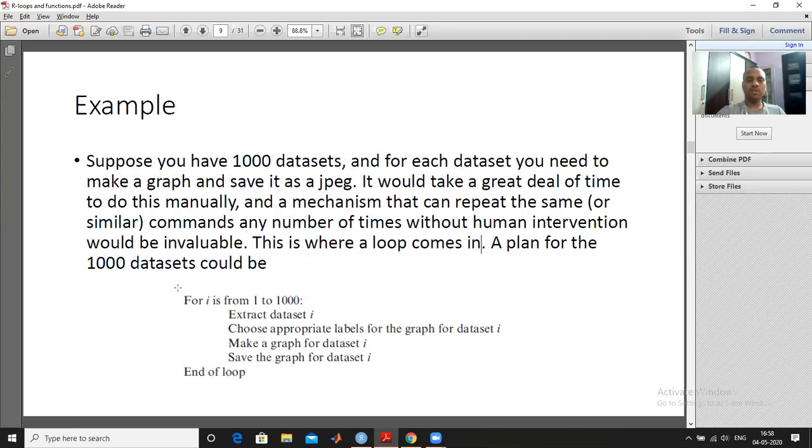This is pseudocode, which means it is written simply in the English language. This is a controlling condition, then extract the data set, make the graph for this data set, choose appropriate labels, save the graph, and end of the loop. Then just some lines will do this tedious work.